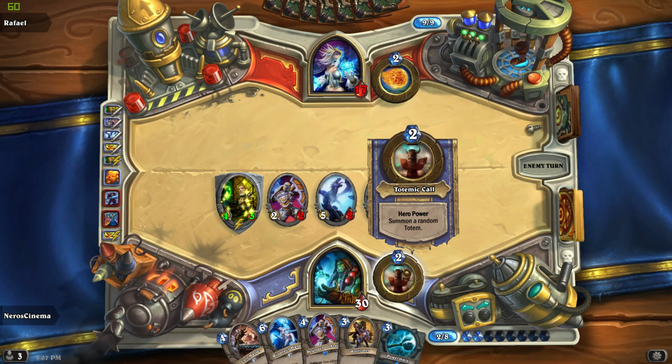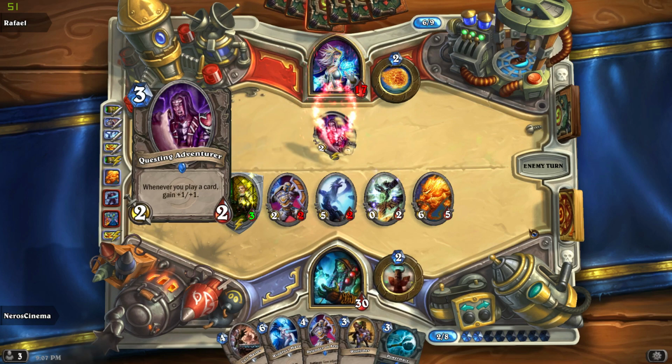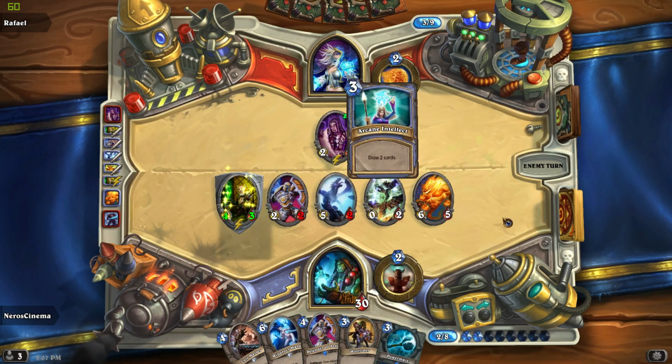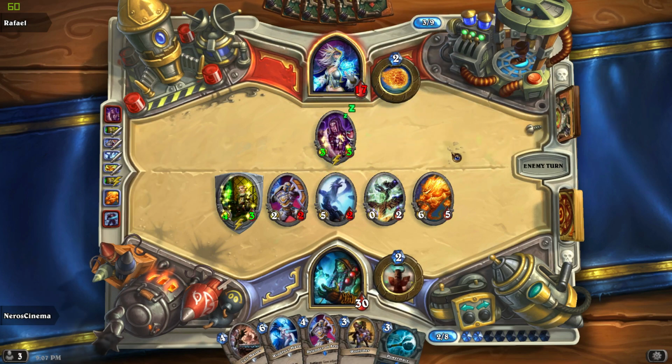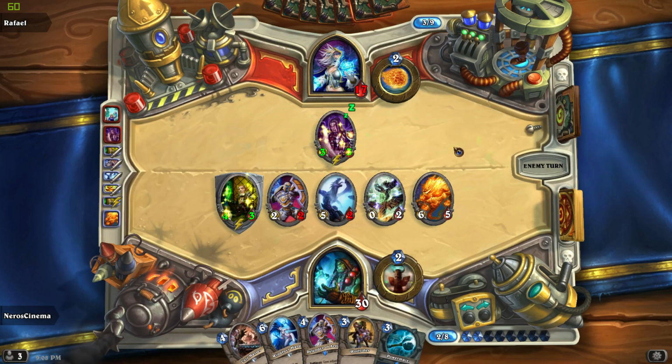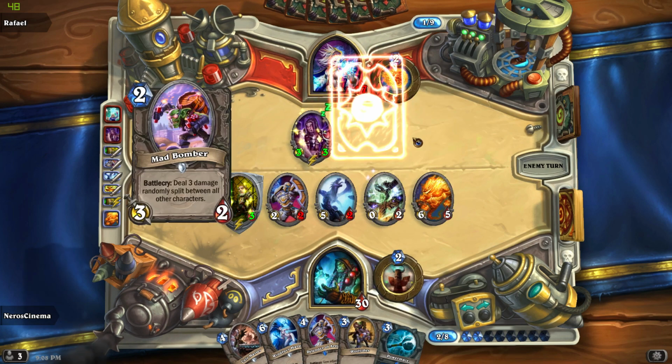I forgot the totem. Could did 1 more damage and got the totem, which might have been a taunt totem. Or another healing totem. A healing totem would be great right now. Alright, Questing Adventurer. Arcane Intellect to draw 2 cards, which is going to buff up that. Okay, fair enough, fair enough. Like, I have answers for it next turn. Then again, if she plays more cards, then...